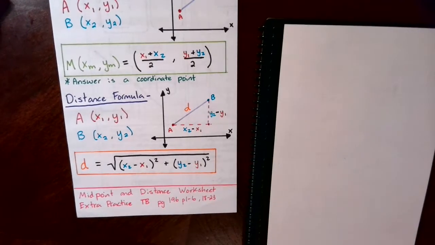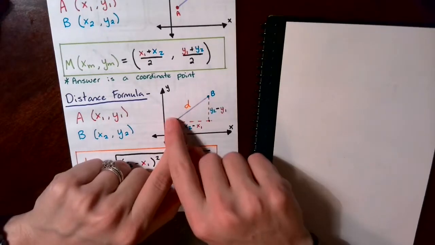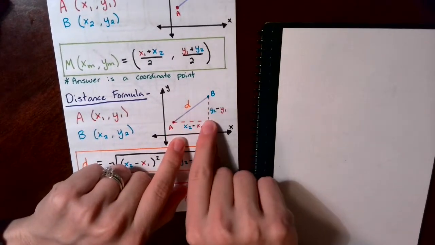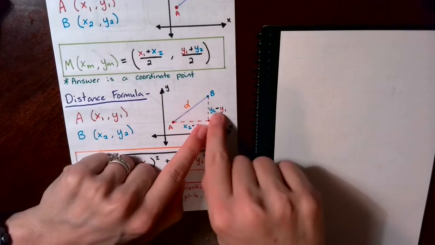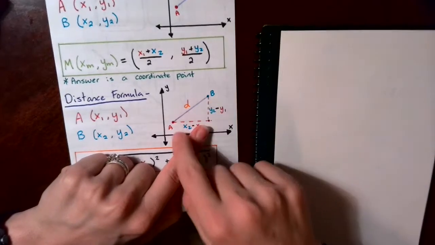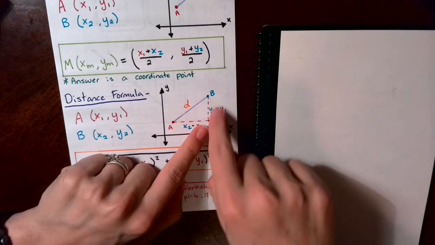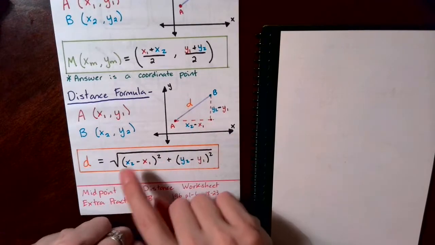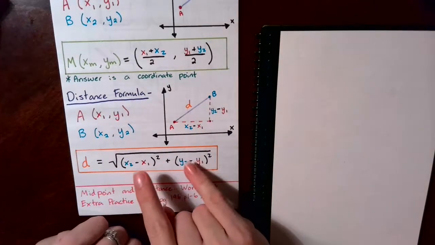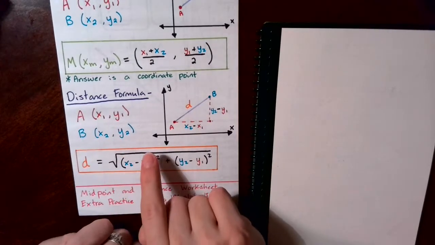And then this distance is from where B is at minus where A is at on the y side. So we take those, we square them, add them together, and take the square root,